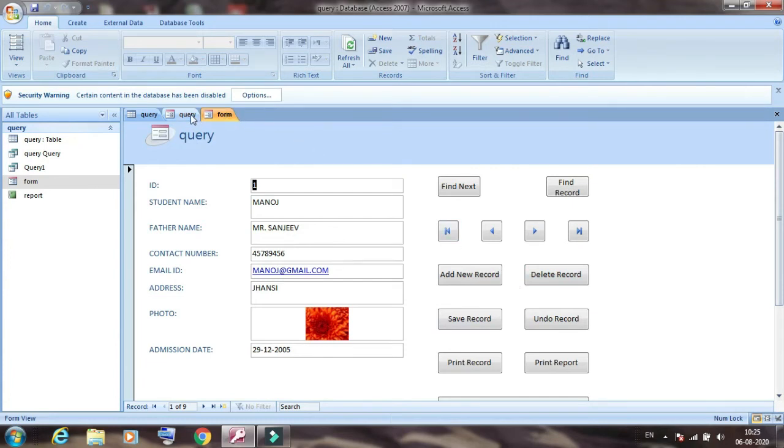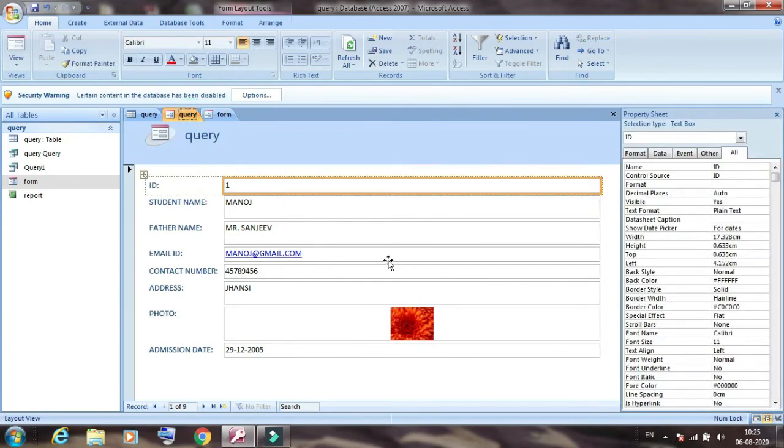Here we will go again to the Forms group. So this is a form. Here I will explain how you can add buttons in your database. Simply, first we will go to the View tab. Here three view options are available: form view, layout view and design view. First we will discuss each view.